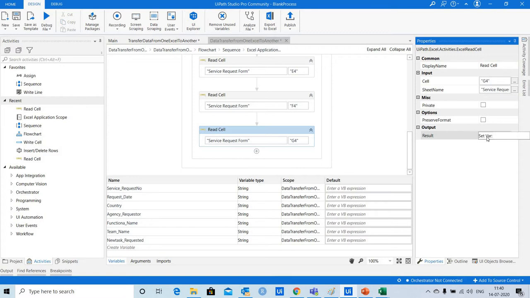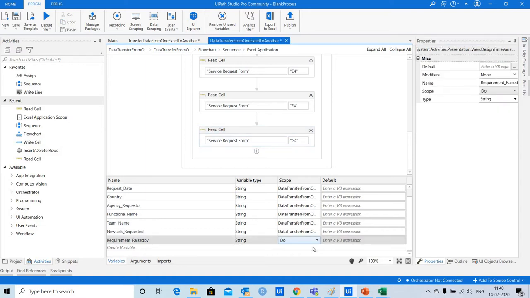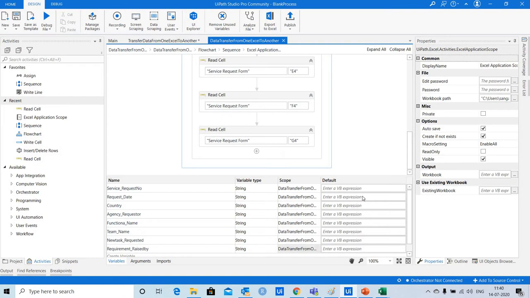So I'll press Ctrl K and then mention the variable name as requirement raised by, and then change the scope to main sequence.